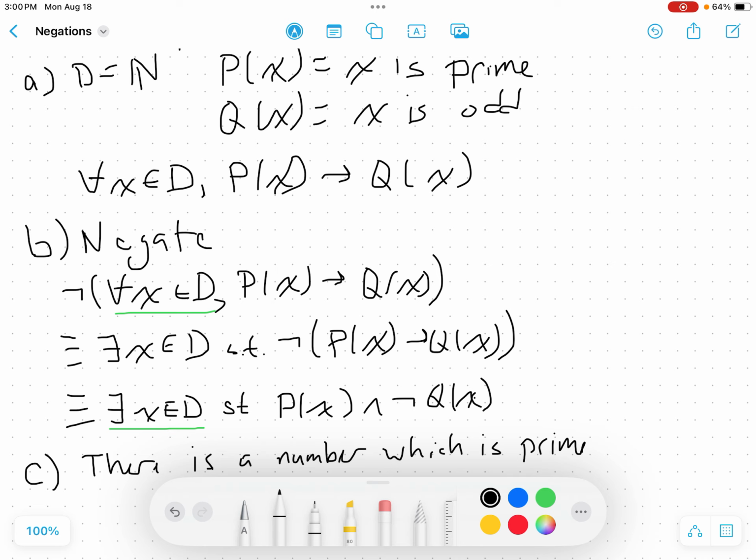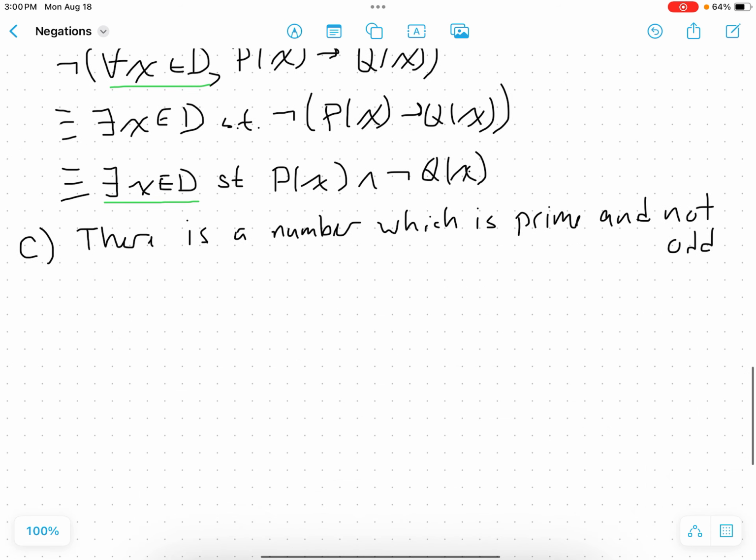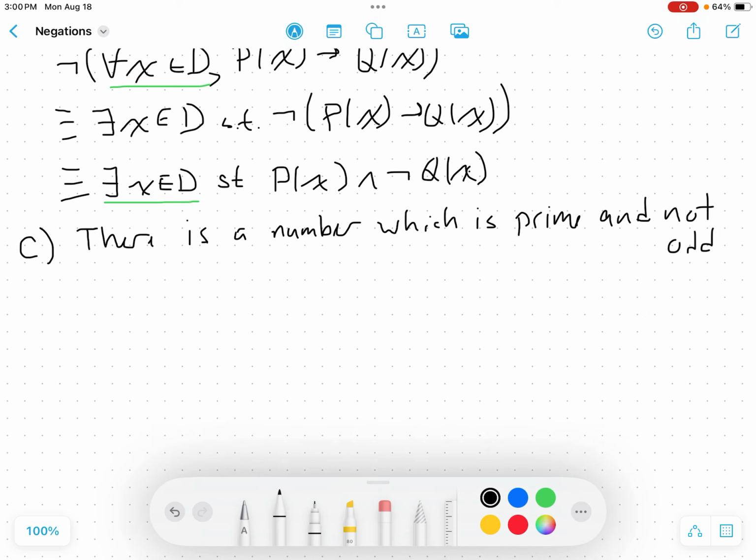And then we've got and not Q of x. Q of x said that x is odd, so and not odd. Or if we want to push this a little bit further, often in math, we can apply negations based on context, and so we know that there is a nice negation of not odd. If a number is not odd, it's even. So we can say